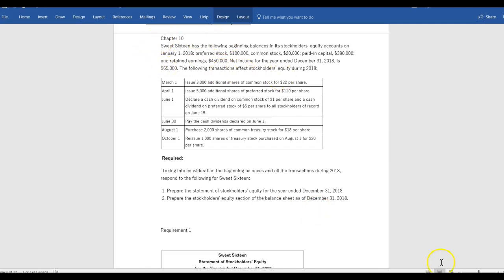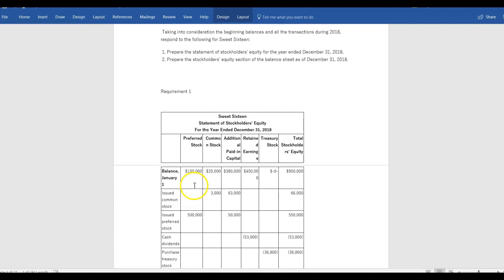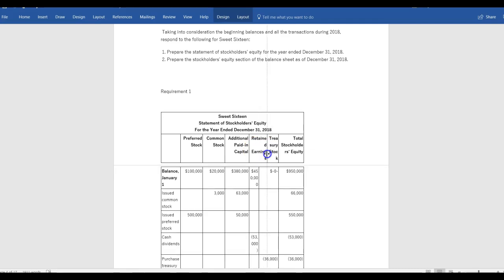It's giving us the beginning balances. The beginning balances would show up here. Preferred stock, 100,000. Common stock would be the 20,000. The additional paid in capital here, excuse me, I'm just trying to get this to work. The additional paid in capital would be the